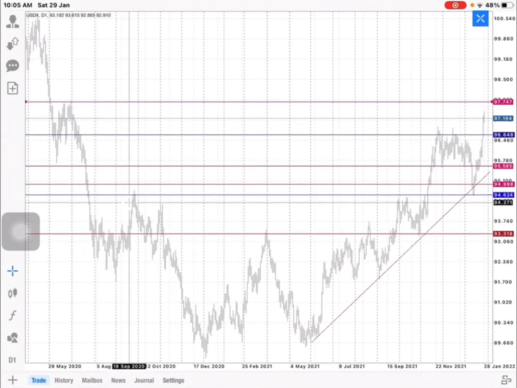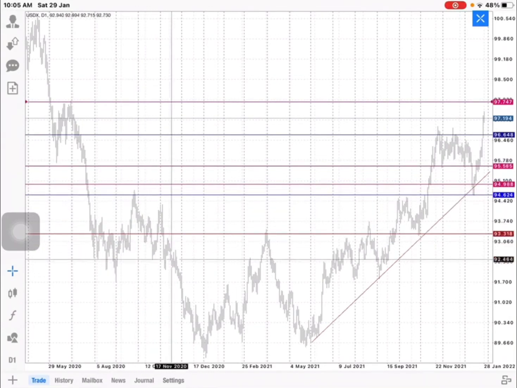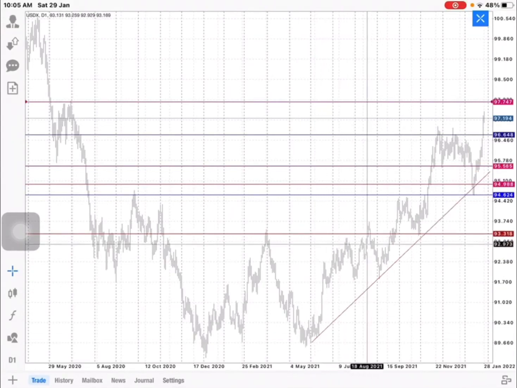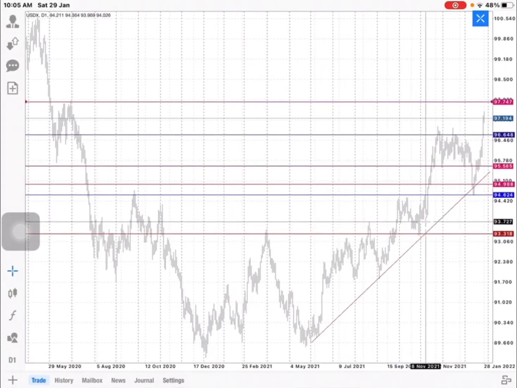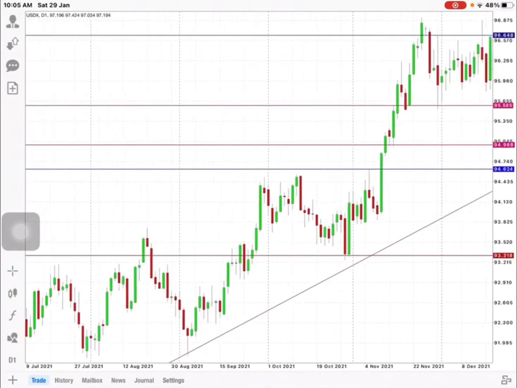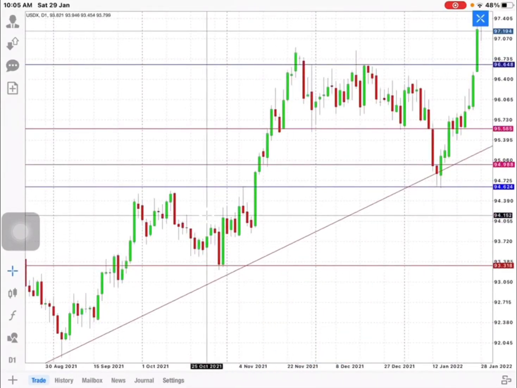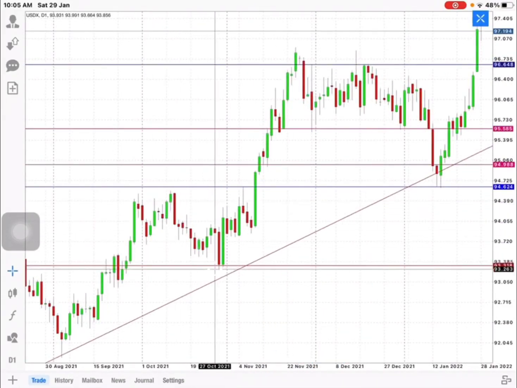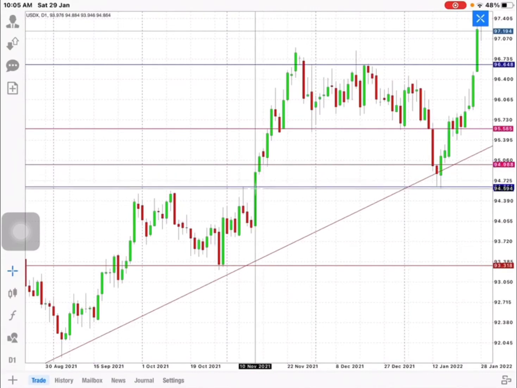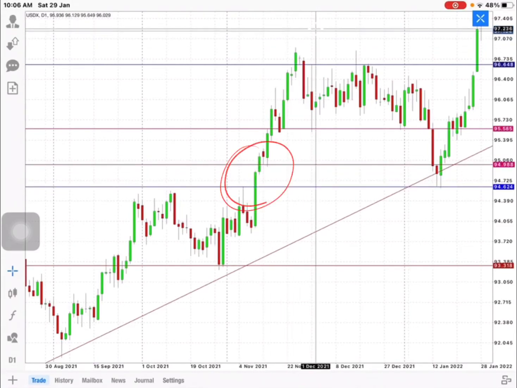This was a resistance, the market went up, couldn't break this resistance, started moving up, and then was sideways. Once the market broke this resistance, it went up again, failed to break this resistance, and came down. Once the market broke this resistance here, it went up. Once the resistance has been broken, the market will go up.